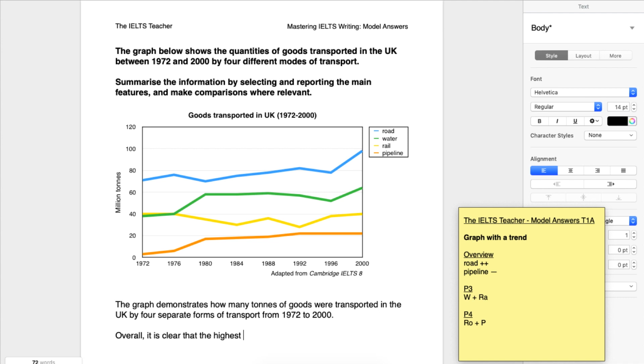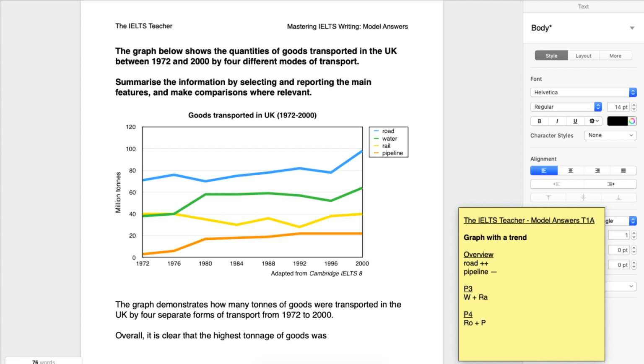We're measuring the weight of goods. We're measuring it by ton. And the nice thing about the word ton is you can actually turn it into a noun that refers to overall weight. And that word is tonnage. Tonnage. So it wouldn't make sense to say the highest tons. You'd have to say the most tons. But you can say the highest tonnage. So the highest tonnage of goods